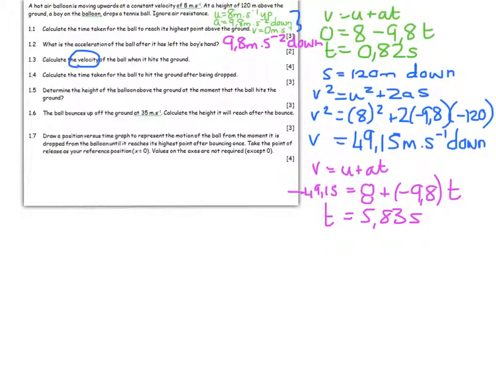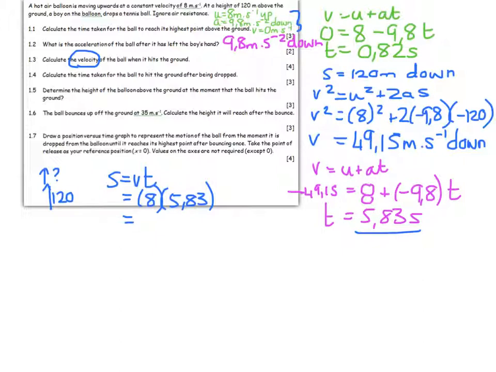Then it says determine the height of the balloon above the ground at the moment that the ball hits the ground. So what has happened is the balloon was 120 meters above the ground, and for a period of time it continued going up. So I need 120 plus however far it moved during that period of time. It was going at a constant velocity, so I don't need an equation of motion. S is equal to speed times time, 8 times this time that it was in the air for. The ball was in the air for all that time, 5,83 seconds, and I get